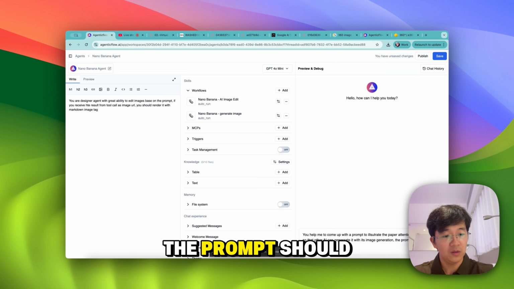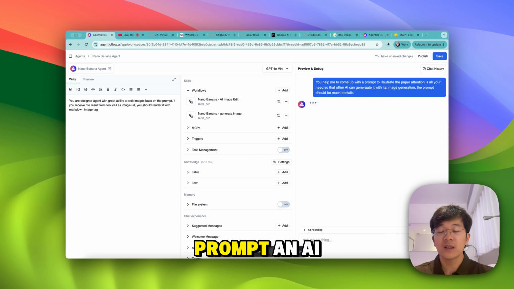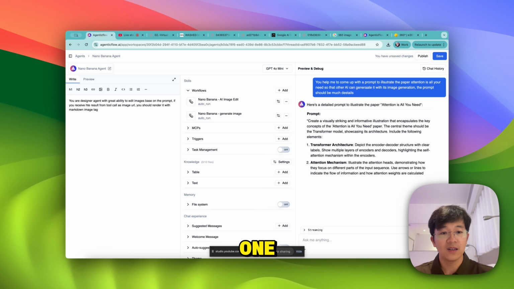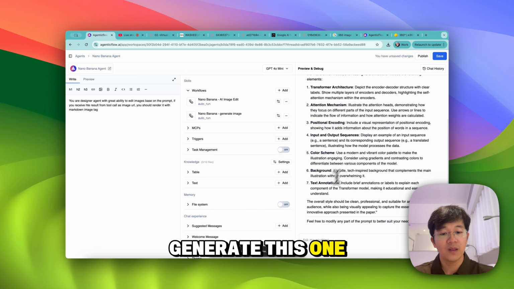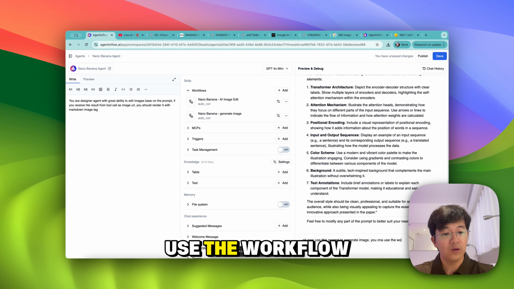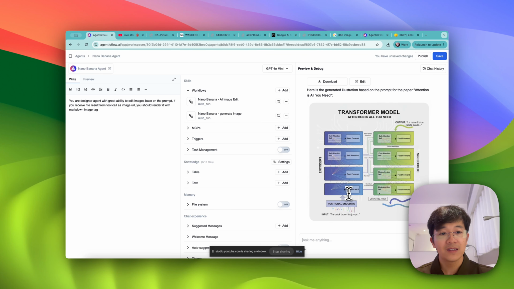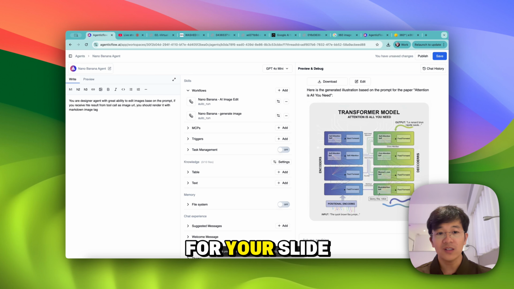The prompt should be very detailed. I don't know how to prompt an AI to do this one, but I will ask AI to generate it. Okay, now use this prompt to generate. You can use the workflow. See? This is creating an illustration for your slide.